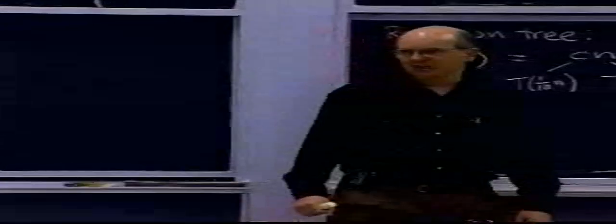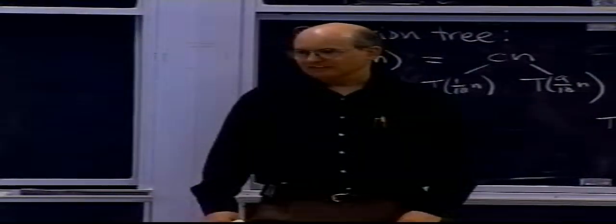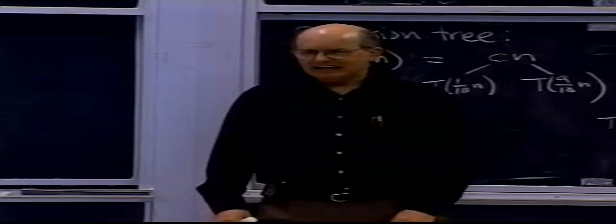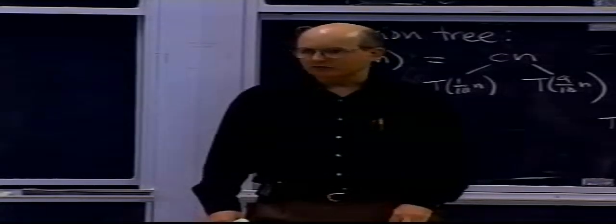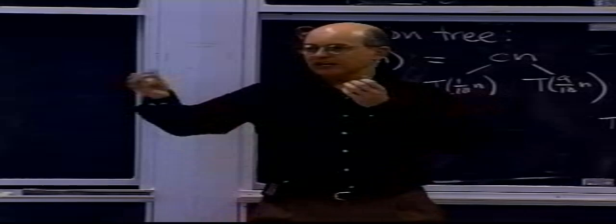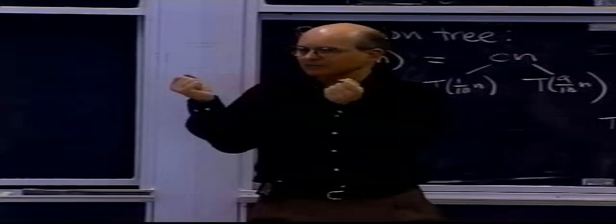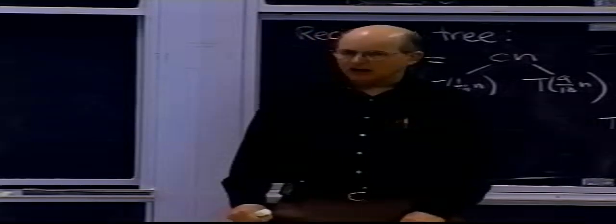How can I change the quicksort algorithm? You could sample to make sure that you're always towards the middle. Yeah, you could sample to make sure you're getting towards the middle. In fact, a very practical implementation of quicksort takes 3 elements and finds the middle element of the 3 and uses that to partition. And that works pretty well in practice.